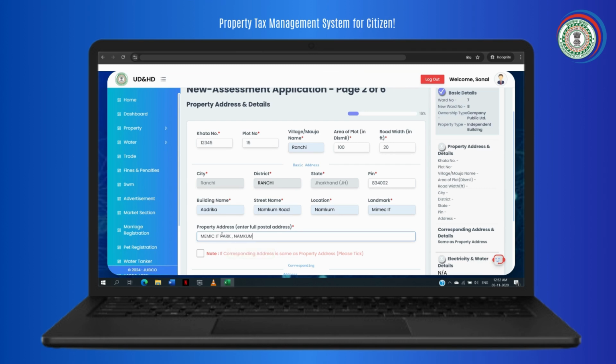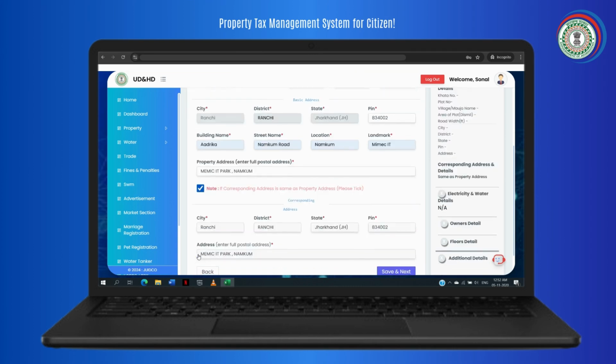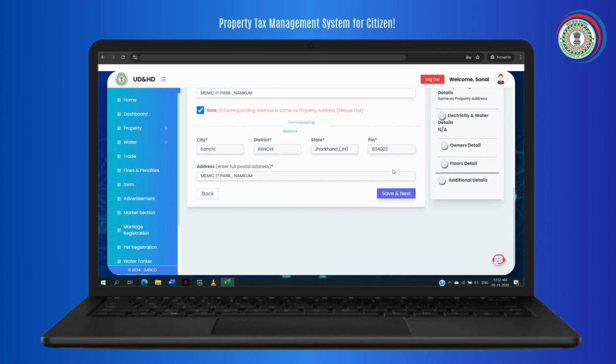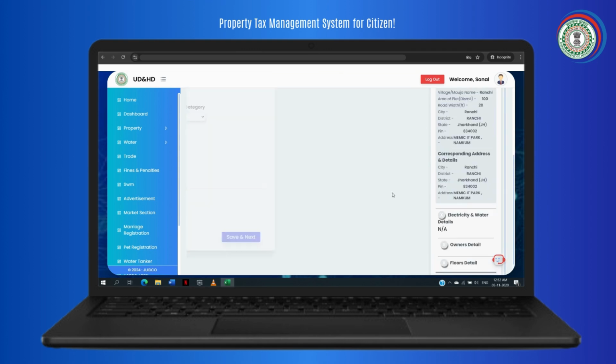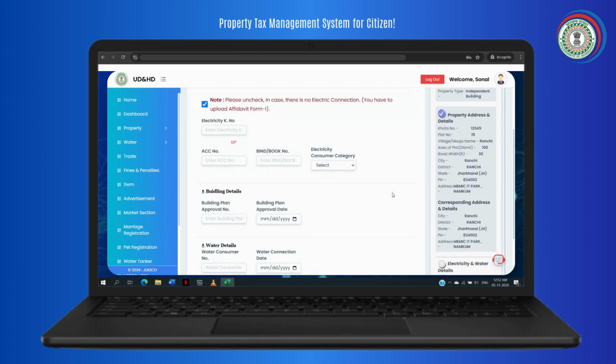If the corresponding address is the same as the property address, tick the checkbox, and then proceed by clicking the Save and Next button.